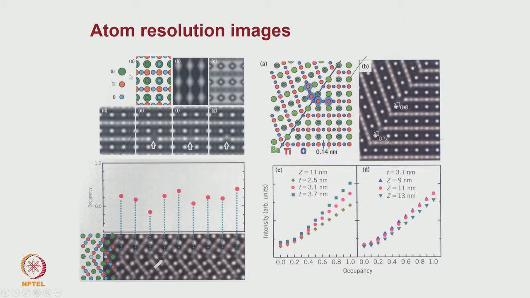The third is that almost all the atoms can be imaged. Normally in a conventional high resolution image, in the presence of a heavy element, the images of the light elements we do not see. Essentially it is the heavy element which contributes to the dot contrast. Whereas in these cases, from this example you can see that the strontium, which is a heavy element, and the oxygen, which is a very light element, all could be imaged. This is the greatest advantage of high resolution microscopy.